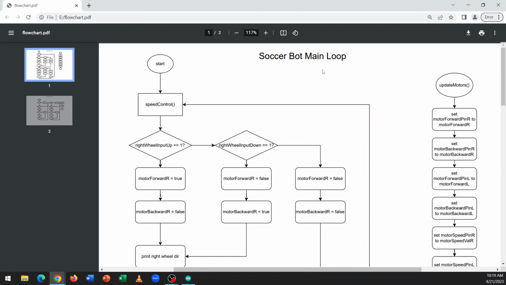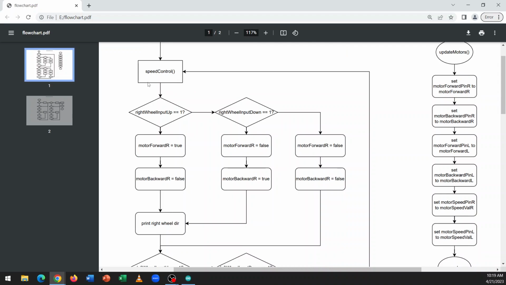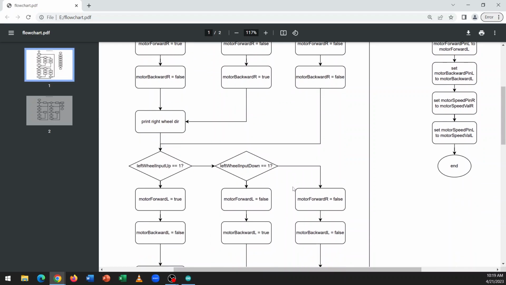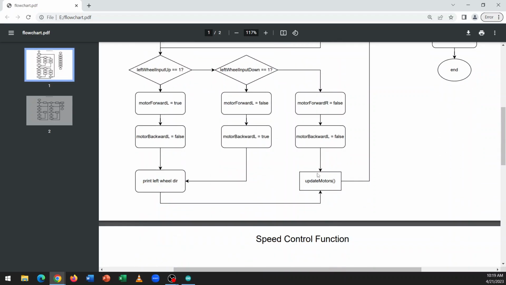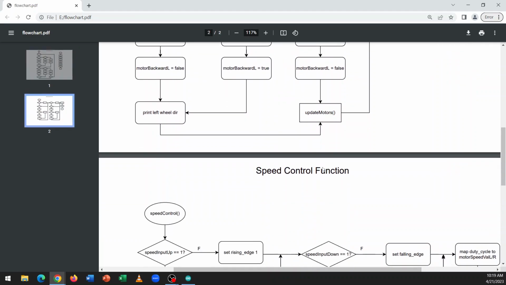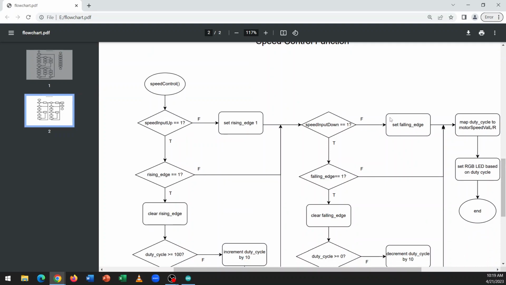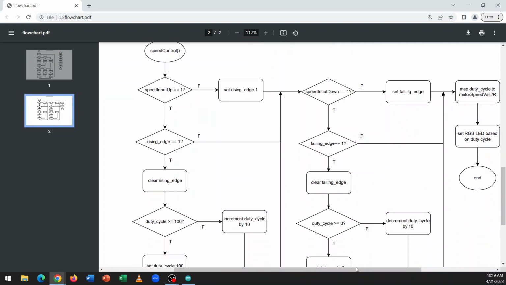Yeah. So again, this is a flowchart for the main loop of the soccer bot. First we have the speed control to control the speed of the car. And we have the direction control over here. And then eventually we'll have an update motors function to update the value of the pins. So I will go over this flowchart of the speed control first. So inside the speed control,